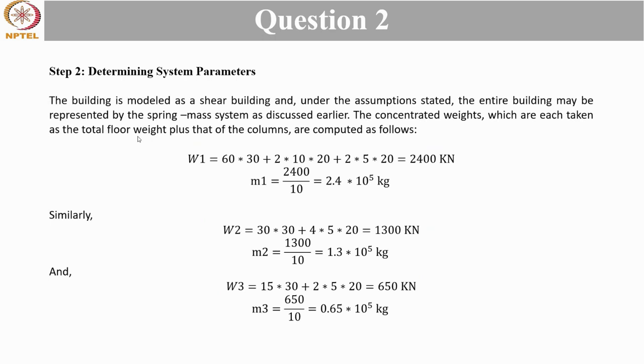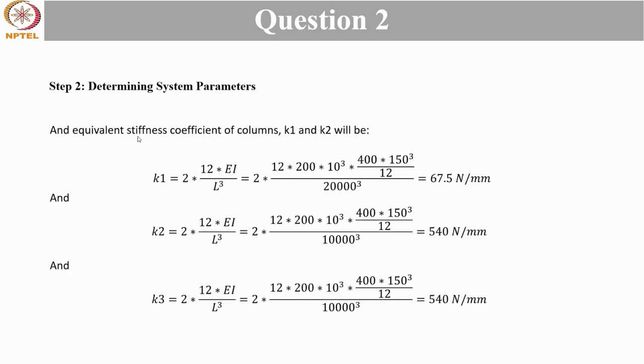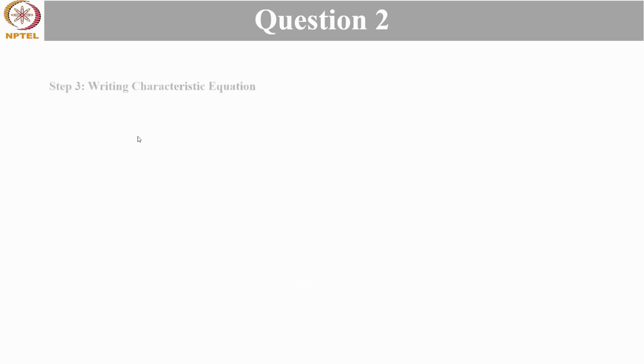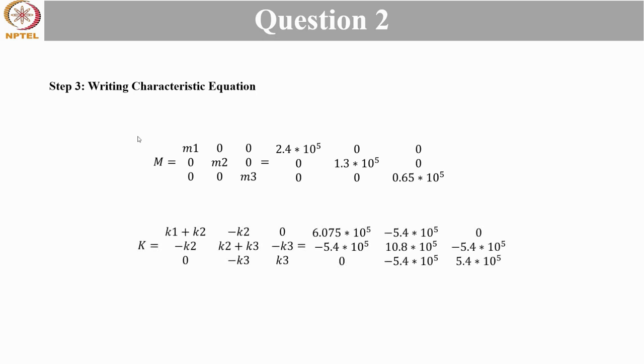Now determining system parameters for mass and stiffness. So these things we have done earlier also, from week 8 to week 10. So it's nothing but the mass of the floor and half of the above column and half of the below column. So W1, W2 and W3 we can calculate, and then by dividing with the acceleration due to gravity we'll get the mass. And similarly, stiffness coefficient is 12 EI by L cube, since there are two columns and two columns are in parallel, so it will be twice of 12 EI by L cube. So K1, K2, and K3 we will get from that, and then we will define the mass matrix and the stiffness matrix like this,